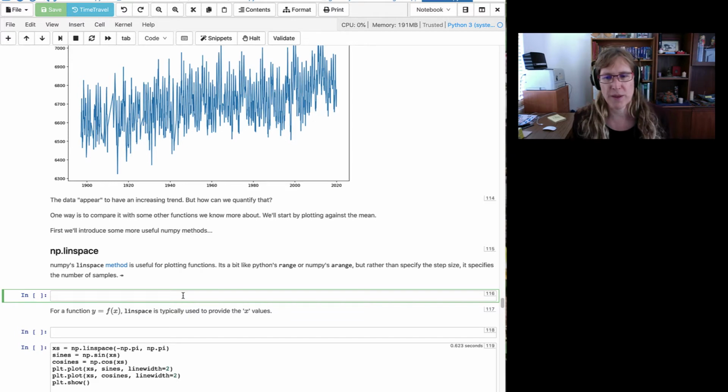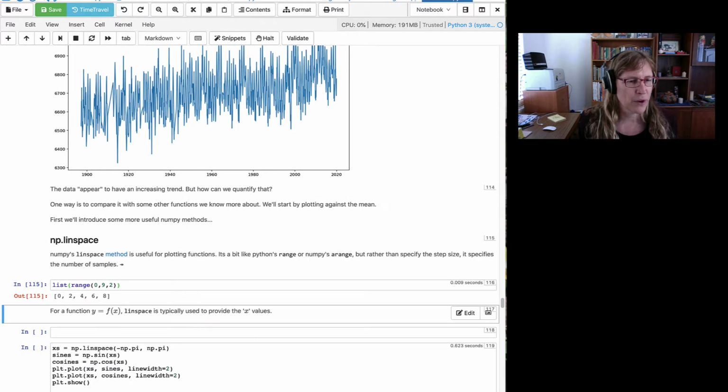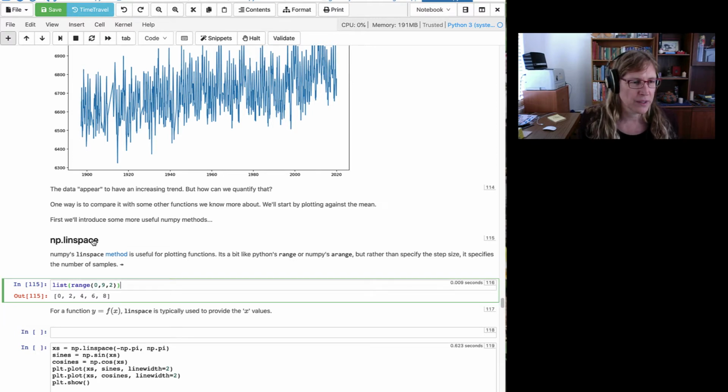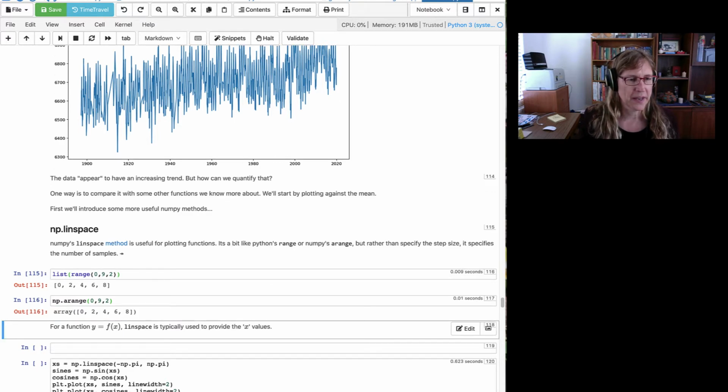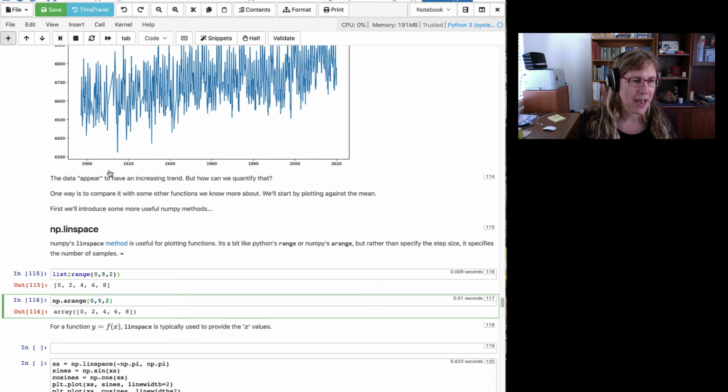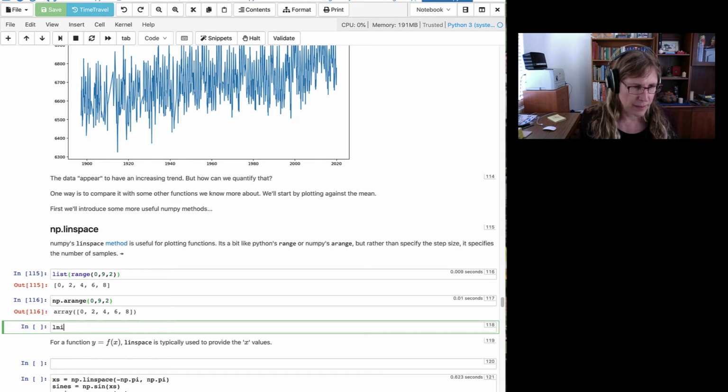So let's first compare it with range and arange. If we do something like list range, and let's say we go from 0 to 9 with a step size or stride of 2, we end up with 0, 2, 4, 6, 8, and then 10 is past that end point. If we do instead a numpy arange, we'll see a similar thing. Okay, so from 0 up to 8 again. And finally if we do linspace,